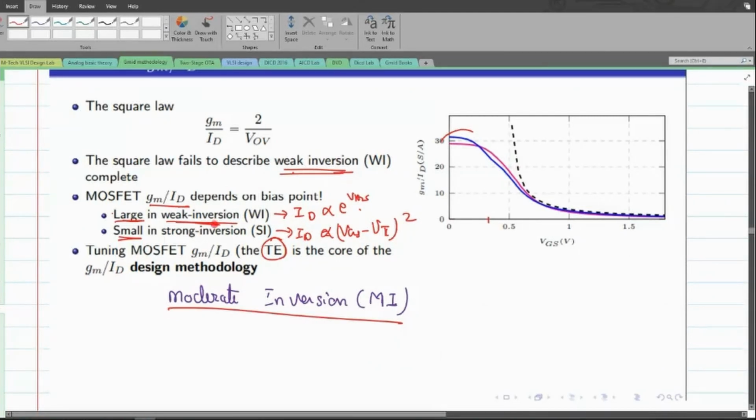We know that generally in a BJT, the current flow is defined by the diffusion current. The current flows because of the diffusion mechanism, whereas in the case of strong inversion, where we apply the square law, we go for what is known as the drift mechanism to derive the current equation. These are two different mechanisms through which the currents are flowing, and we are trying to bridge them.